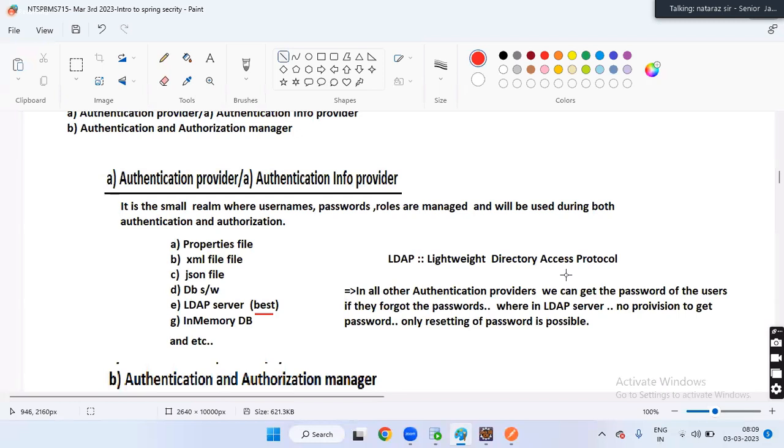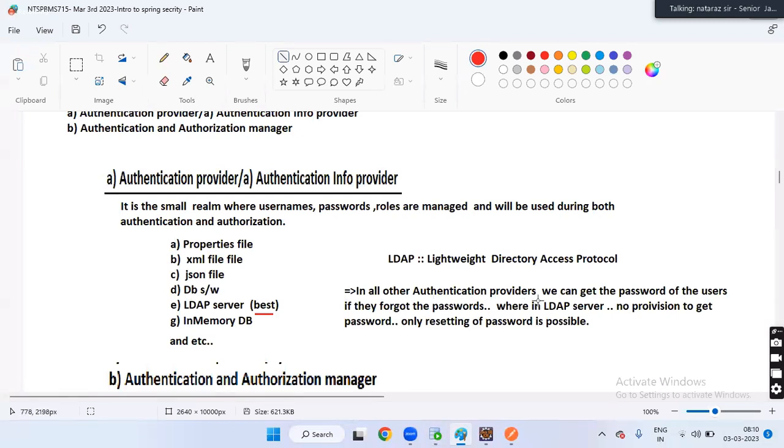Okay, anyone is having account in Yahoo, Rediff, guys, old days? There, if you forget the password, they will send your password to another email account, from there you can recover the password, right? But look at the recent trend, boss. If you forget the password, are you getting any chance to recover the password? It makes you reset the password. In LDAP server, gone. There's no question of getting password back. You have to reset the password.